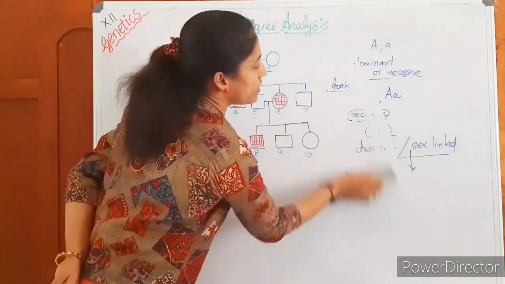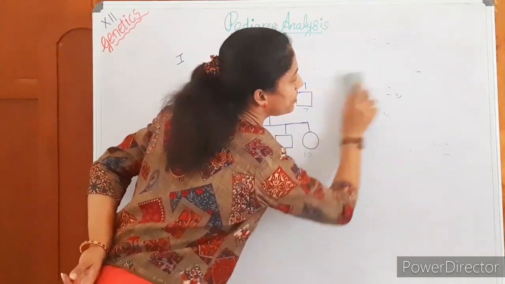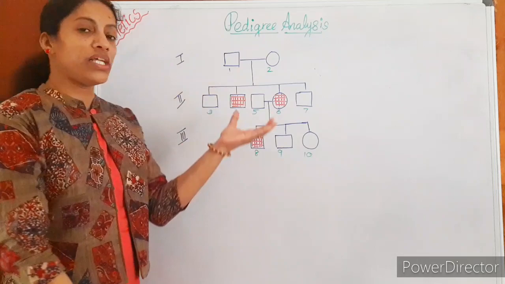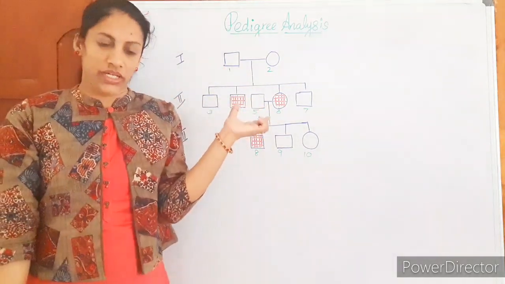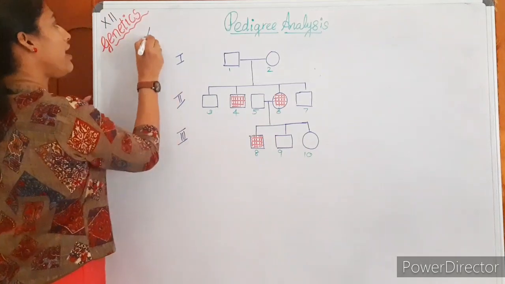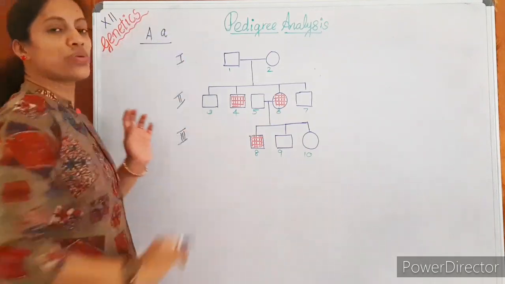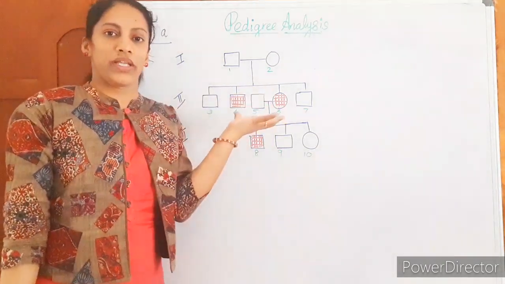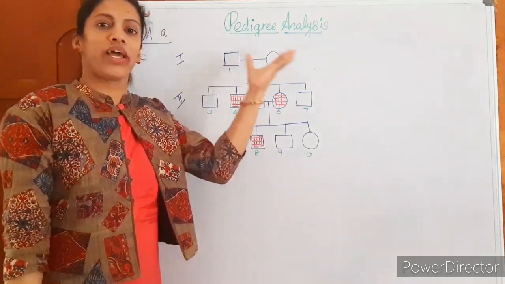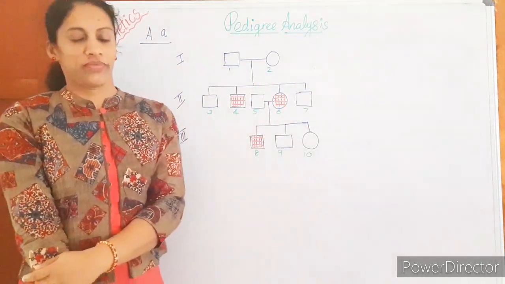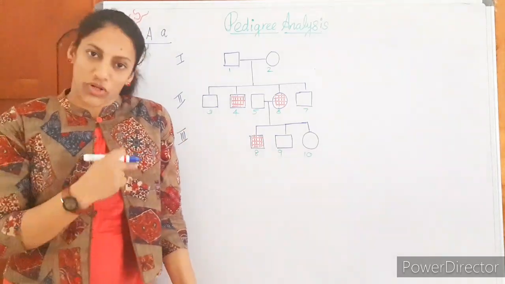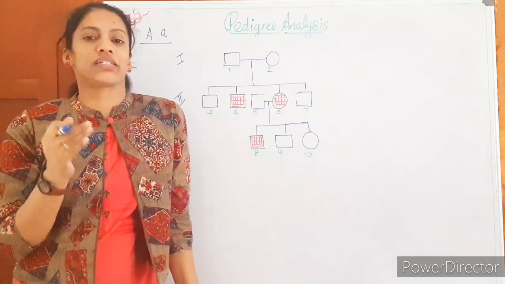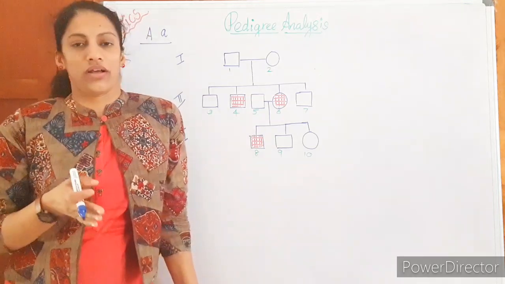Come back to this particular pedigree I have drawn here as an example. Your question is to work out the genotype of the members of the pedigree using the symbols A and a. Using these two symbols, you have to work out the genotype of the members of this pedigree. What is the genotype of 1, what is the genotype of 2, like that you have to work out. How do you work it out? For this particular problem I will help you, and I will give you some questions after discussing the genetic disorders related to sickle cell anemia.